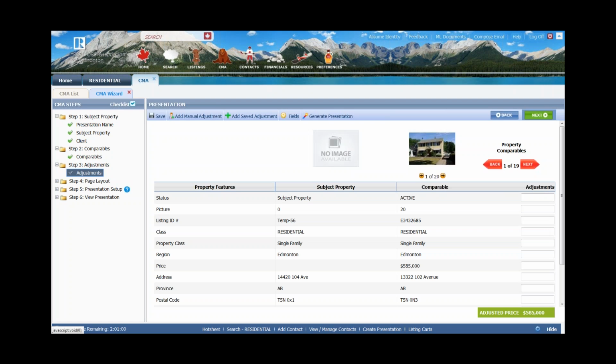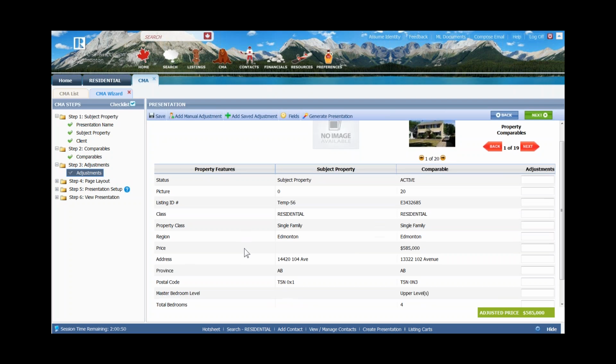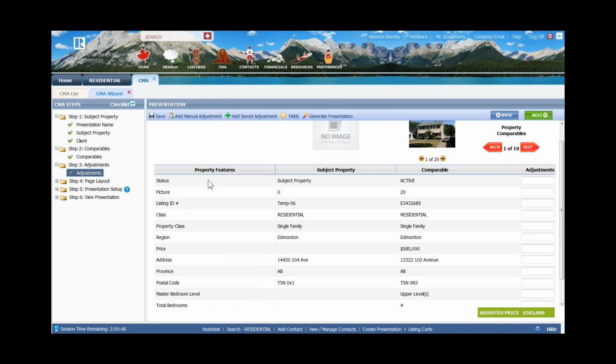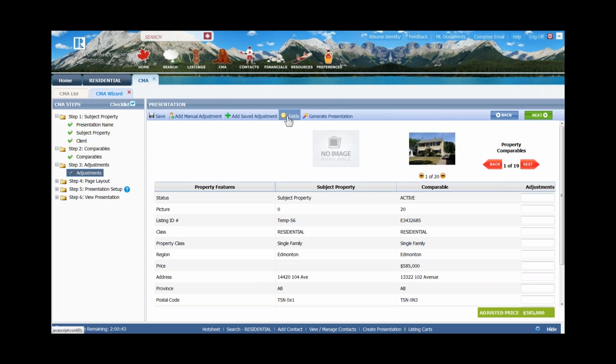And this is where we come over to making adjustments. And there's a lot of folks that just skip over this part because this is where you're going to have your most time applied to doing your CMA. Look over here on the right-hand side. There are some different fields that are available for you to look at comparability. If you want, you can add additional fields to provide that differentiation between your different properties, your subject property versus your comparable property. And what we have available for you is that you can, if you want, make adjustments to